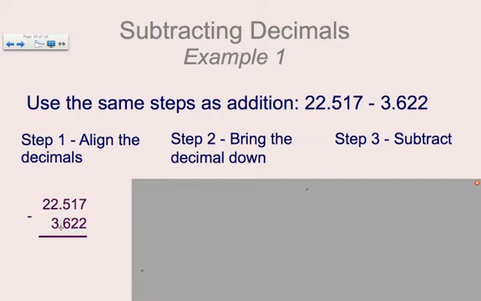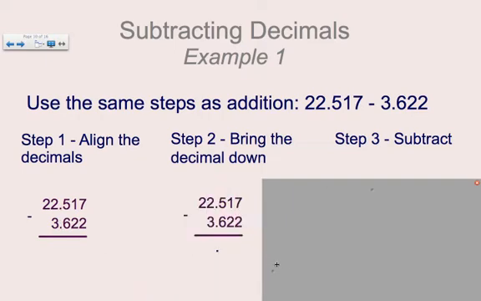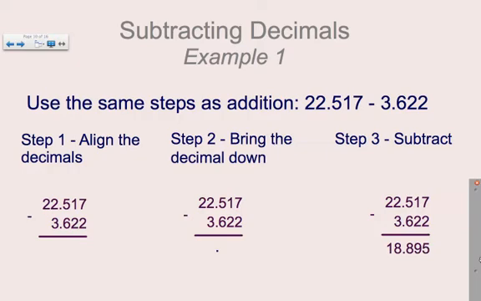Have the decimals aligned right underneath each other. Step 2, I bring the decimal point down into my answer. And for a third and final step, I do the subtraction. 22.517 minus 3.622 becomes 18.895. Okay, this is somewhat similar to our previous section where we aligned the numbers to compare in order to